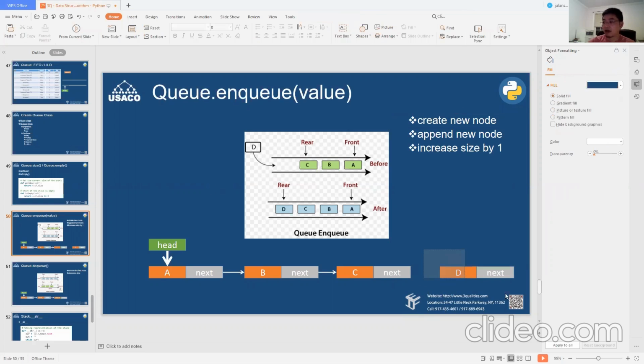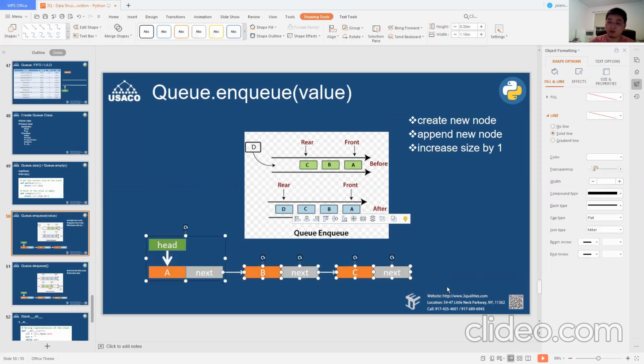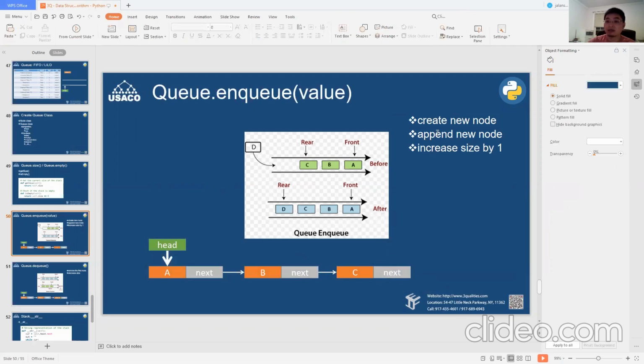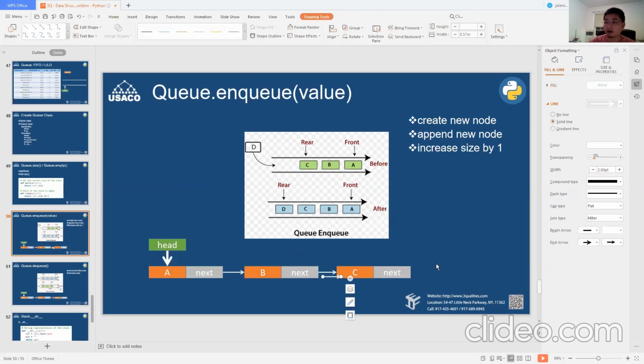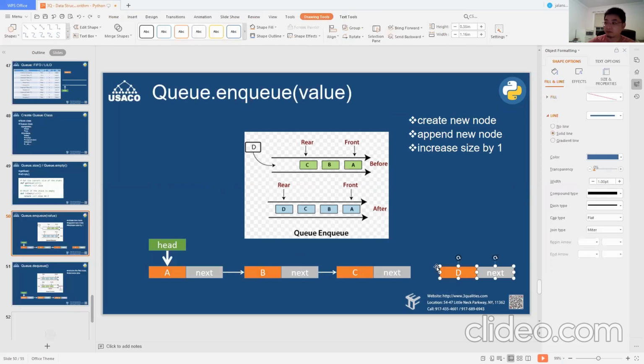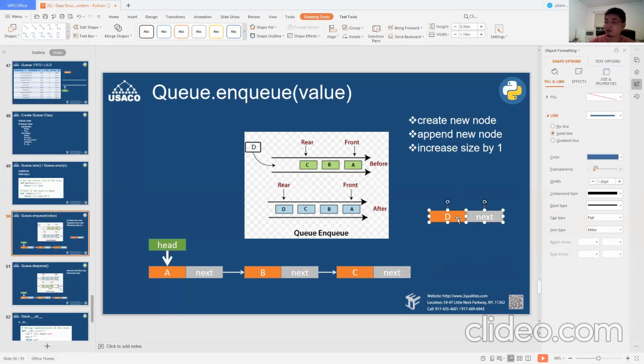So that is my queue, right? Again, when we say queue, underlyingly it's a list. We have a head and we are linking node by node by reference. So now I want to insert a new value. I create a new node here. Suppose that's my new node.